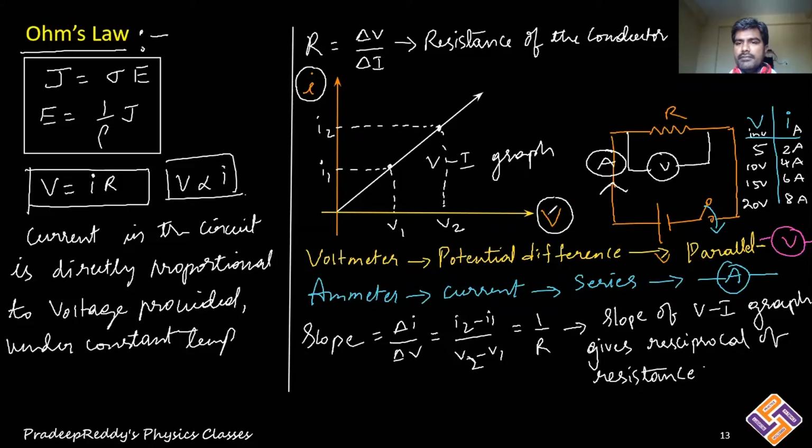Suppose on the X-axis voltage is given and on the Y-axis I is given, then in such a case, the reciprocal of the slope gives you resistance. So when looking at the problem, don't directly calculate the reciprocal. First check the parameters which are given along the X-axis and Y-axis. Then calculate the slope. From there, you can find out resistance by either taking the reciprocal of the slope or the slope itself. That depends on the parameters in the circuit, right? These are the interesting things about Ohm's law.